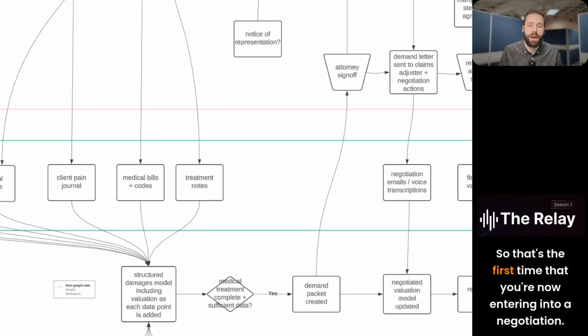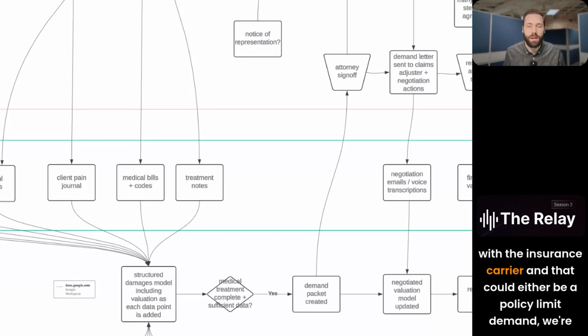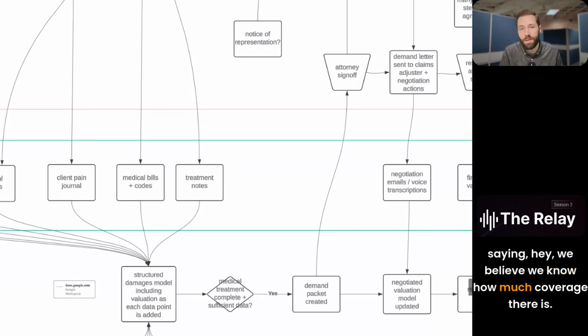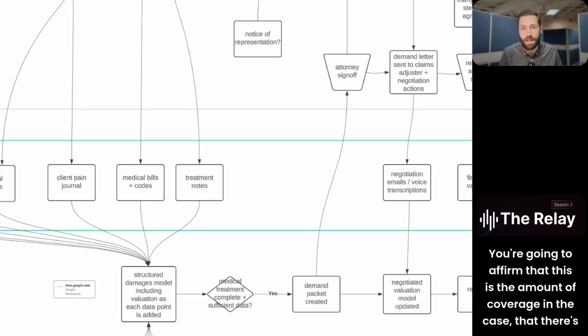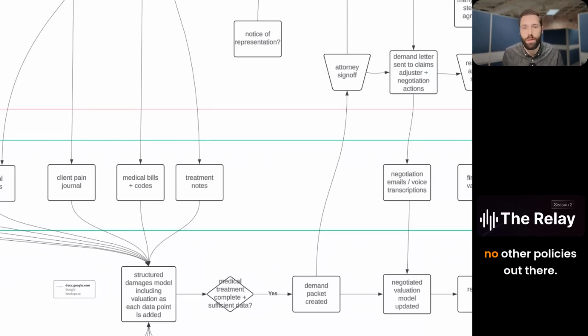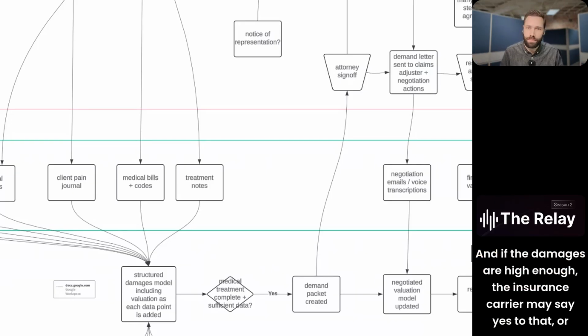So that's the first time that you're now entering into a negotiation with the insurance carrier. And that could either be a policy limit demand, which we're saying, hey, we believe we know how much coverage there is. We're asking for the full amount of that coverage. And you're going to do two things. You're going to affirm that this is the amount of coverage in the case, that there's no other policies out there. And if the damages are high enough, the insurance carrier may say yes to that, or they may come